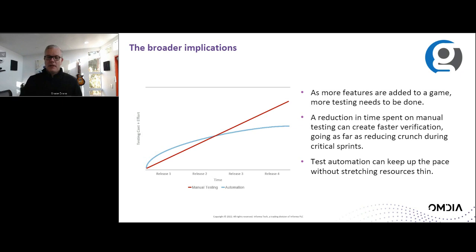The other important factor here is that test automation can be run in parallel. So let's say you have 50, 100, 200 tests built up in the library. You can execute those tests in parallel across any number of machines. And that's a benefit, again, since an individual tester can only test one console, one game at a time, whereas automation doesn't have that limitation.